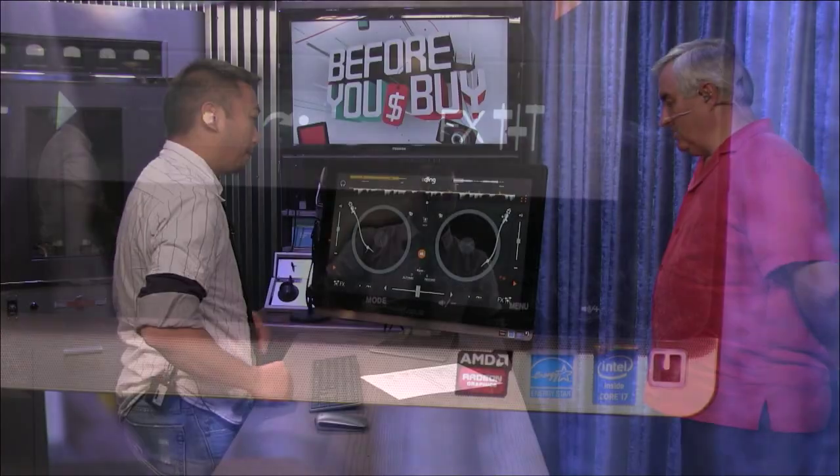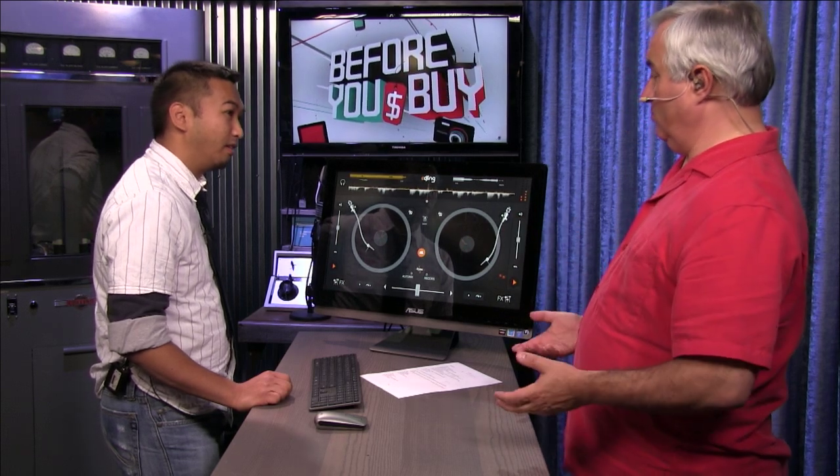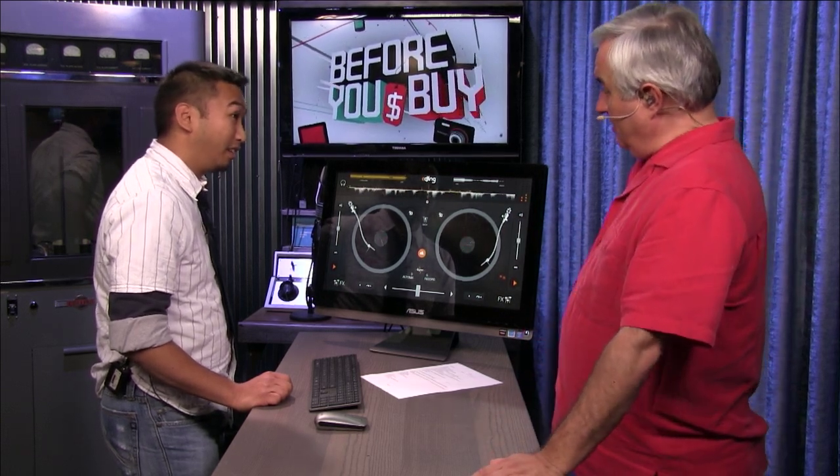Now, one of the things I liked about the Dell XPS 1 is the vast number of connectors on the back. You could set this up with a lot of different peripherals and hardware. Same thing here on the Asus? Yeah, so you got...